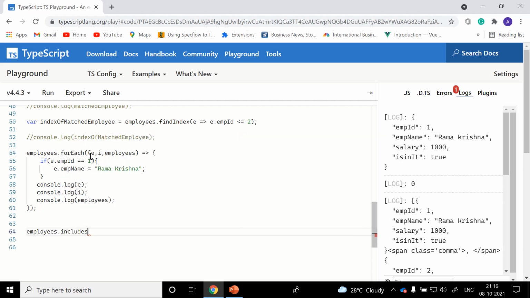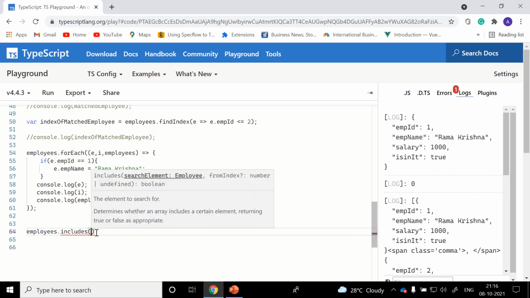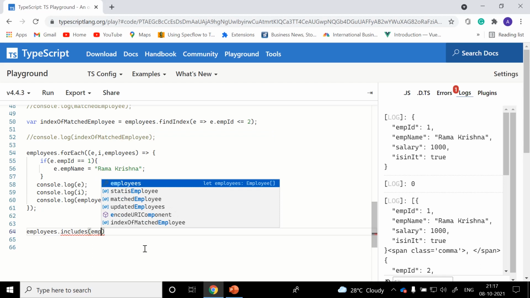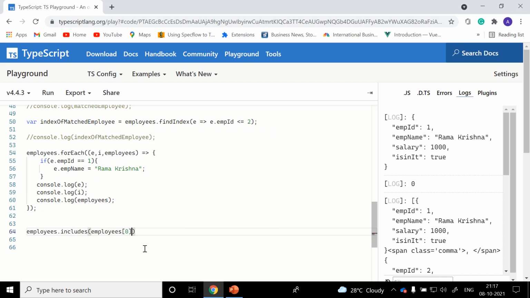Employees dot. We're done with forEach, and now we see includes. Includes simply helps us to search for an element present in this, and it's going to return a boolean whether the employees array includes that element or not. For example, let me go and search with this existing element.